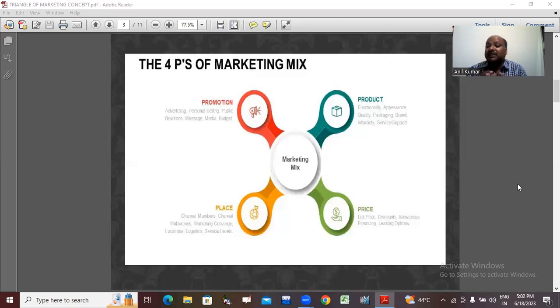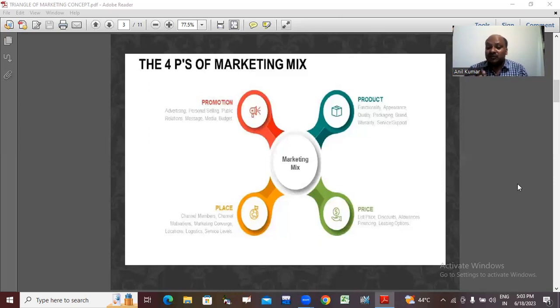And this is very, very important, because even though the product, the price, and the promotion all work very efficiently, if the product cannot reach the particular place where the demand is, the marketing objectives cannot be fulfilled. And that's why McCarthy devised these four attributes as tools so that a manager could have effectiveness in terms of marketing activities.